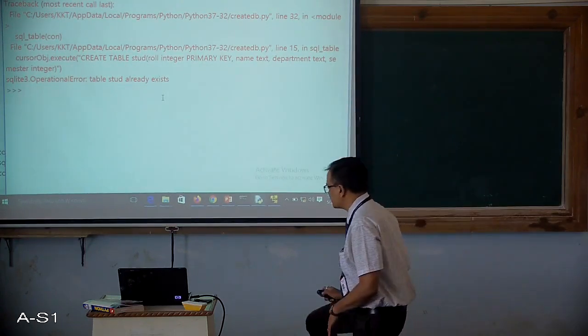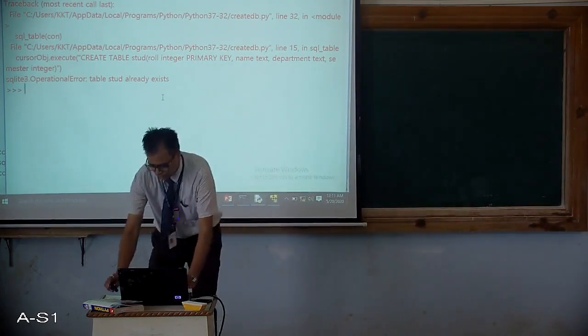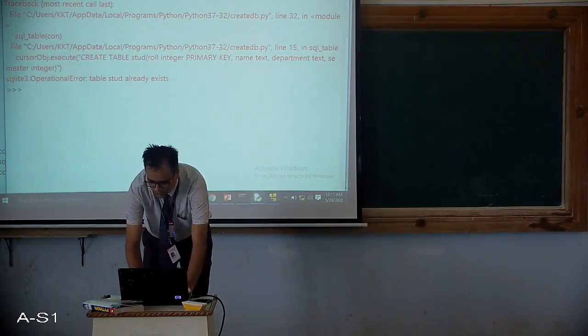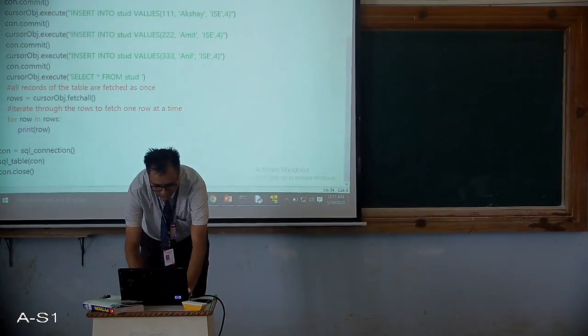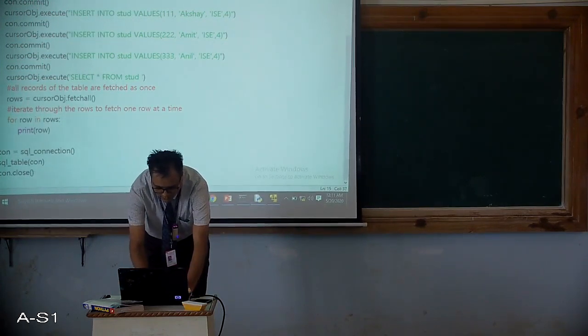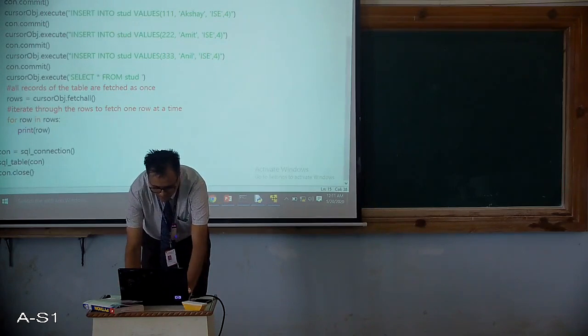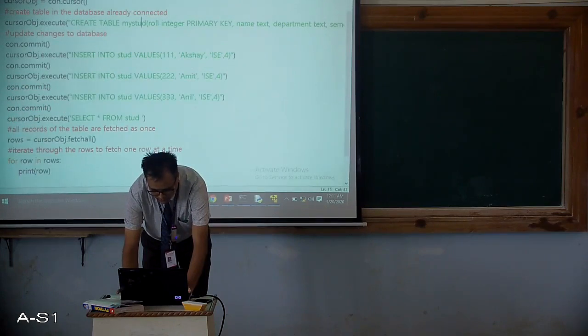Let me do it in a different way, instead of naming it as student, because student table already exists. Why I am telling this is, it is very important that you should understand what the error is and how to overcome the error. Okay, so let me name the table as my student instead of student. So wherever student is written, you will replace it with my student.